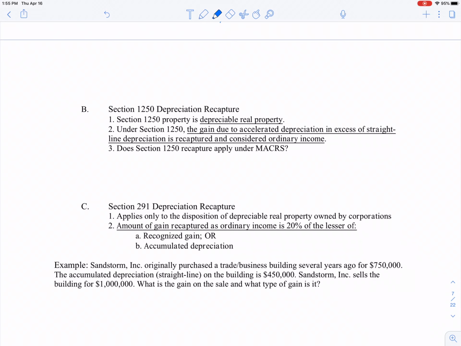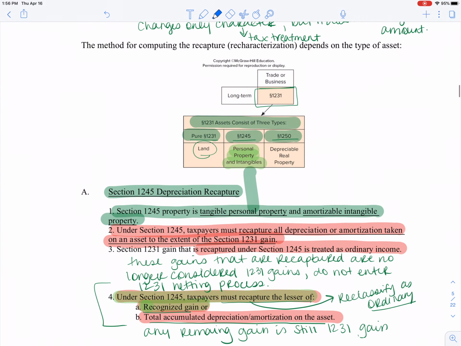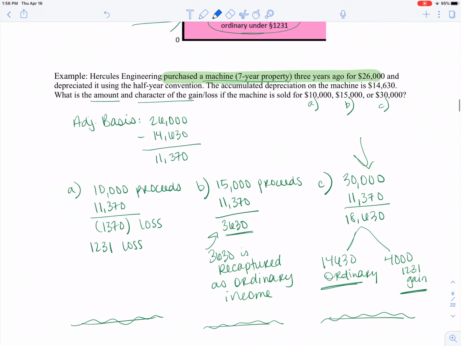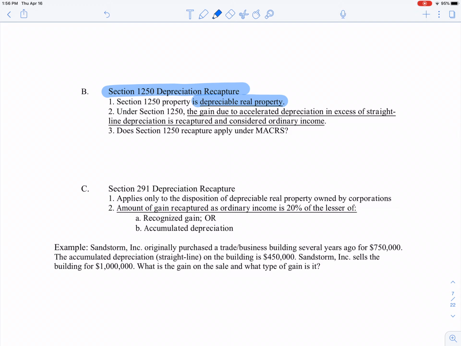All right, next we'll talk about Section 1250 depreciation recapture. So Section 1250 property is depreciable real property. When we were looking at our classifications, we had 1250 over here, depreciable real property. It's a type of 1231 property that's special for depreciable real property. Under Section 1250, the gain due to accelerated depreciation in excess of straight line is recaptured and considered ordinary